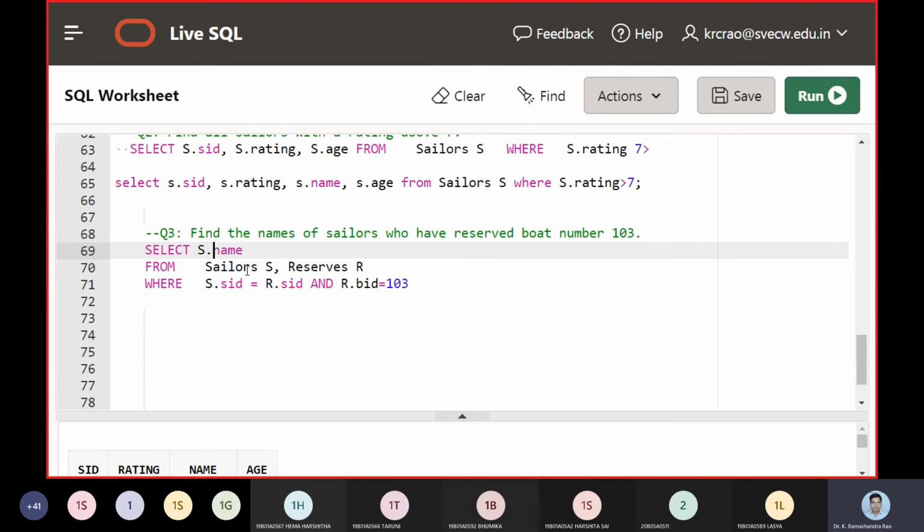Now for sailors we create an alias S, and for reserves we create an alias R. So instead of writing the complete name, we call it by its nickname or pet name. So we pull S dot sid and R dot sid, and then we apply the two conditions that are going to be satisfied.